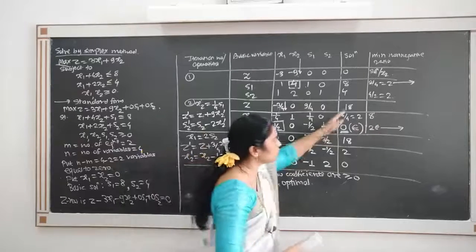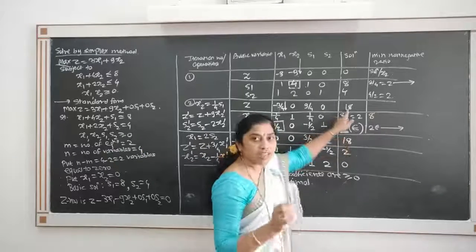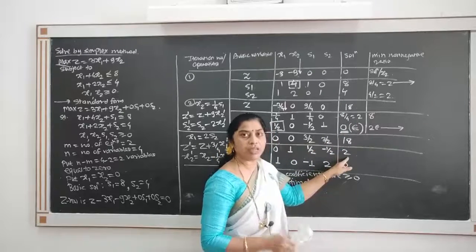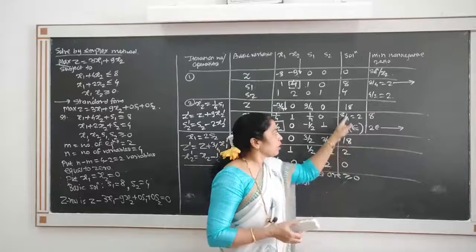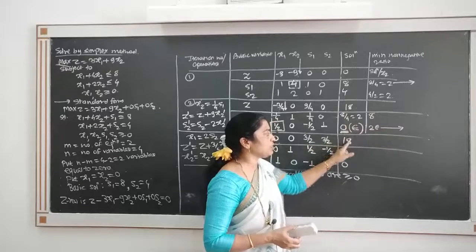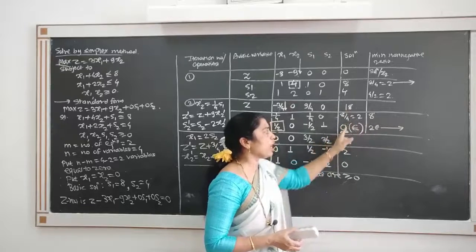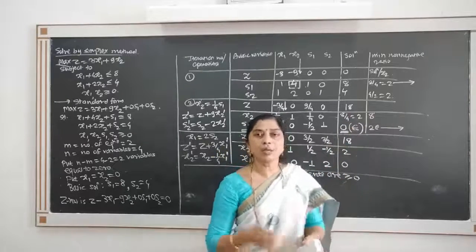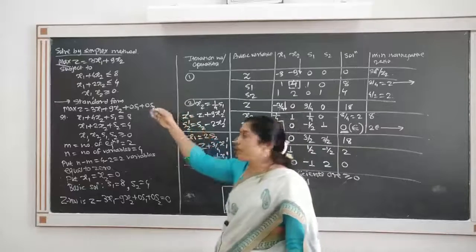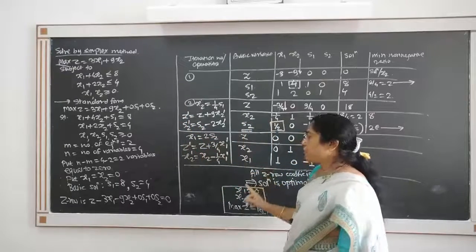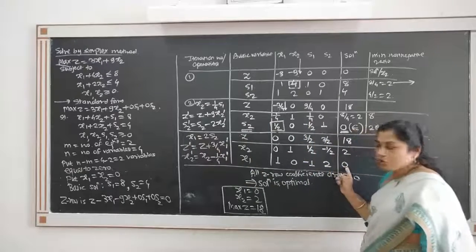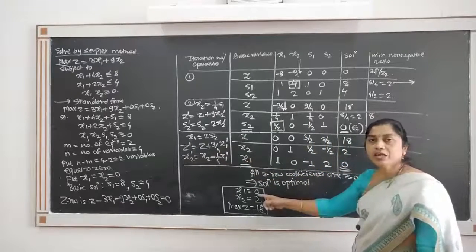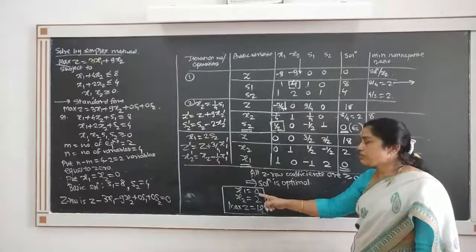Observe that if you see these two iterations, the z value remains to be same. There is no change in the values, that is circling occurs. Here is also maximum z is 18, values of x and y remain same. So there is no change in z value, implies that there is circling or cycling, as one of the basic variable takes 0 value. X1 is basic variable and it takes 0 value in the optimal solution, implies that this